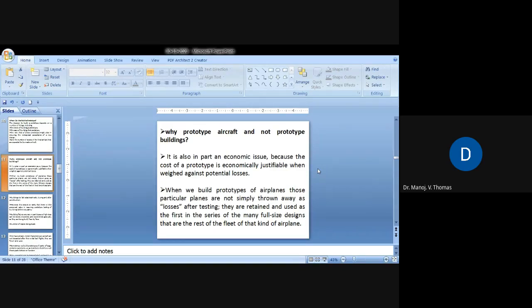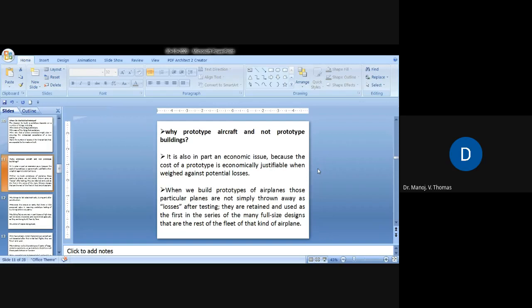In the case of an aeroplane, it is worth constructing the prototype. But with a building, you have the provision of testing the quality and the strength and stability as it is constructed. Yes, that is there with the airplane also, but sometimes it's a trade-off. What are the factors we consider, and also multiple copies.